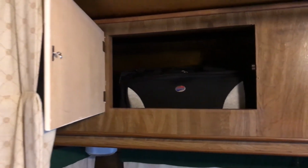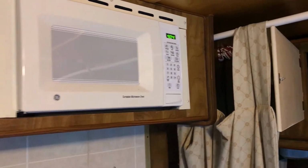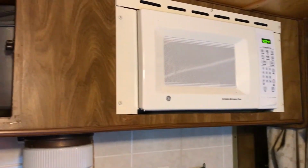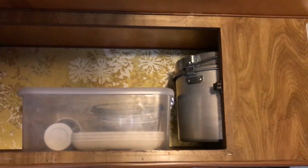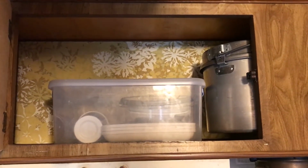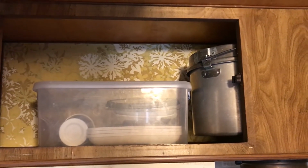And then another storage area in the camper is over the sink area, the kitchen. And I'm trying to see if I can get you a good view. That's the original wallpaper that was in the camper that we no longer have. So that's kind of reminiscent of what used to be in here. That's our